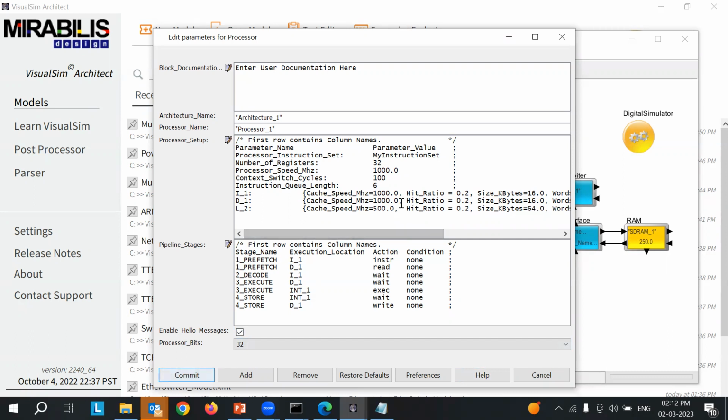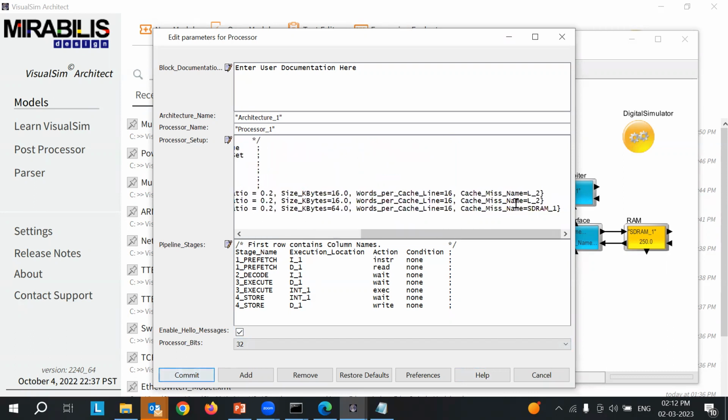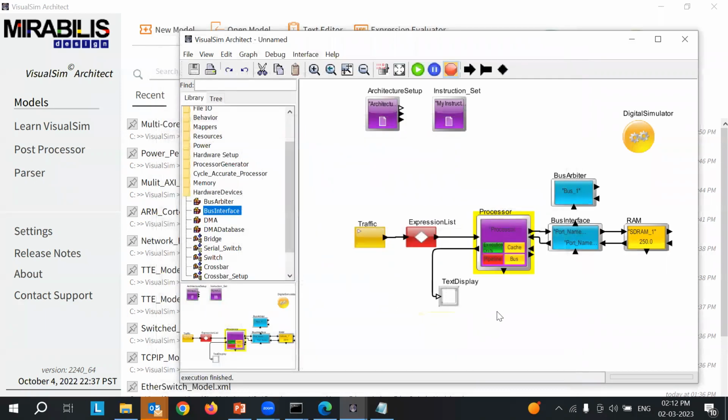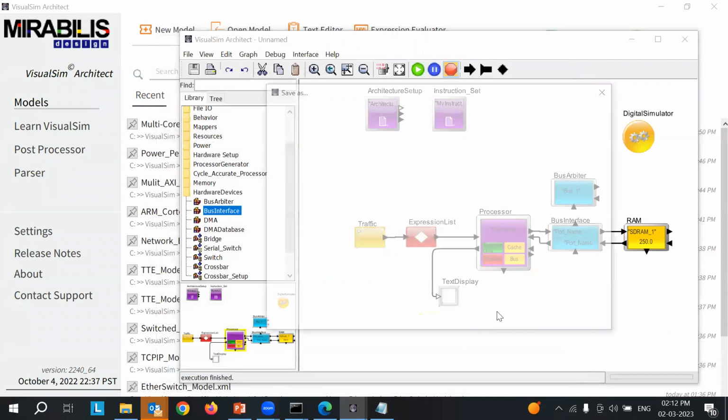So in this one, the iCache and Dcache will be sending the request to L2, and this L2 will be sending the request to SDRAM. So if I run this,